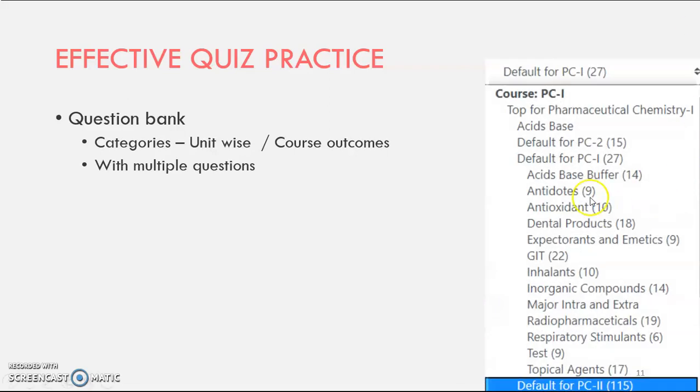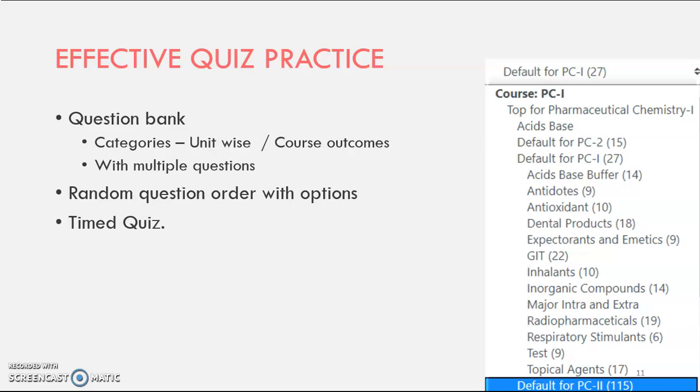Like this. You have to create categories in a question bank along with multiple questions and then add a random question with random option orders and make it a timed quiz. This strategy will work effectively to eliminate cheating by the students.